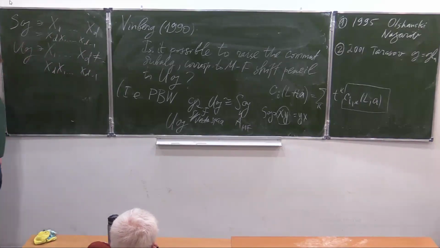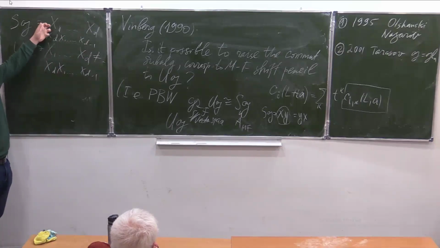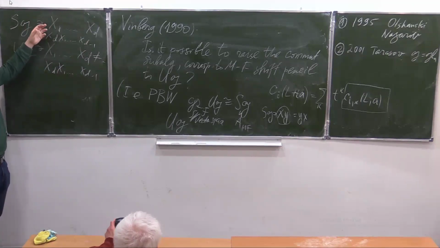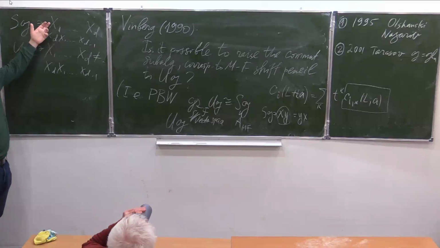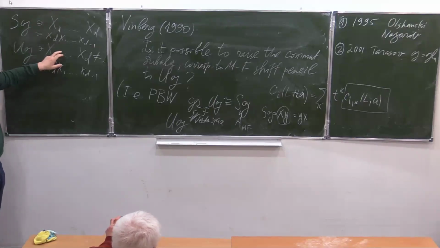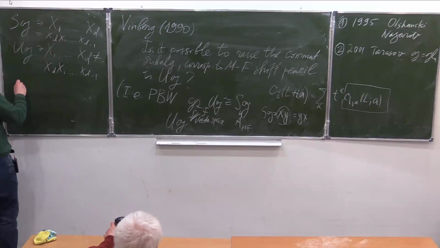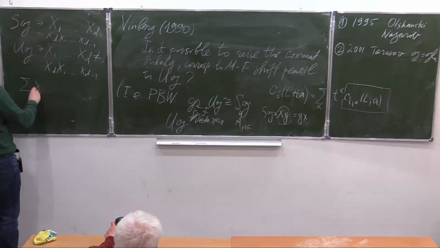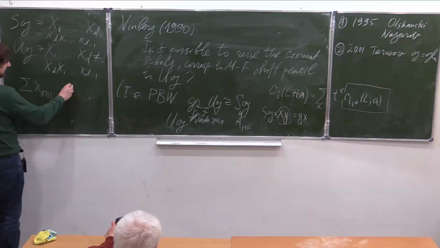Right? So you need to either fix the order of the factors here, and that will give you some map, actually. You can do it. But that map is not very good because this map will not commute with the action of the Lie group. Or you can just use a symmetrization map. You just take elements here and send it to the sum of x sigma 1, ..., x sigma d.